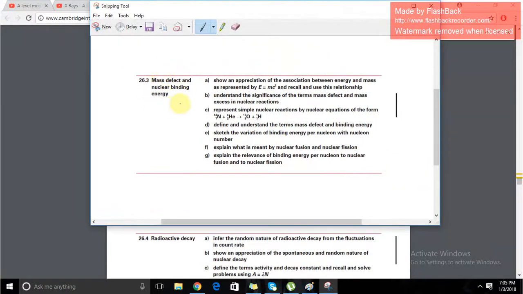So hopefully well defined, and number one, we have to show an appreciation of the association between energy and mass as represented by E = mc², and recall and use this relationship. So previously we were told that energy is always conserved and so is mass, and yet sometimes